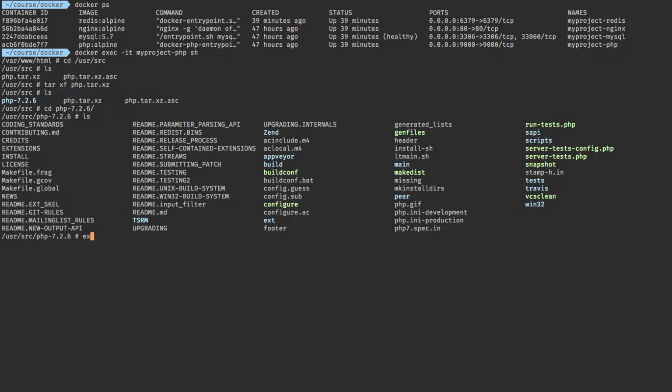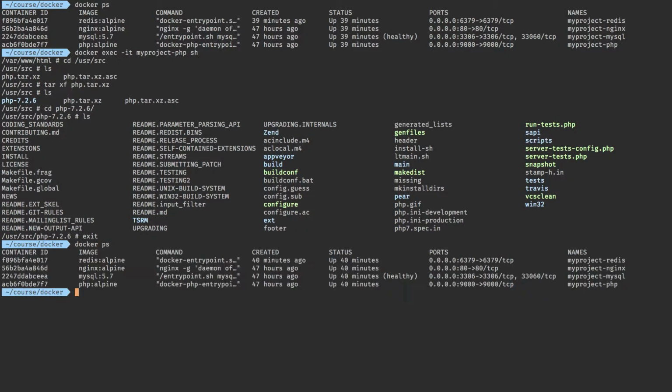Now what we can do is exit this container. We're gonna list our containers again, because we will need the ID of our PHP container, and as you can see the ID is here. In order to copy files from our container onto our local host, we can use the command docker cp. Then we need to specify the ID of the container. Let's do that, and then after the colon